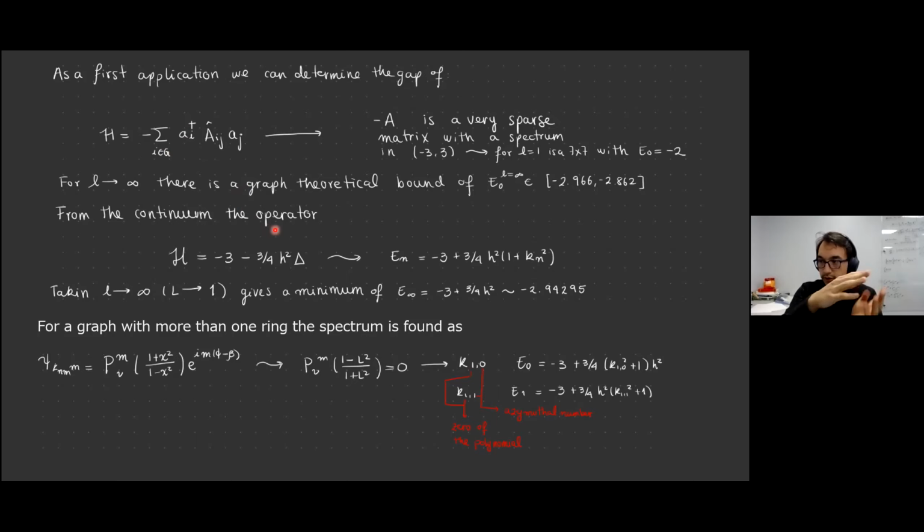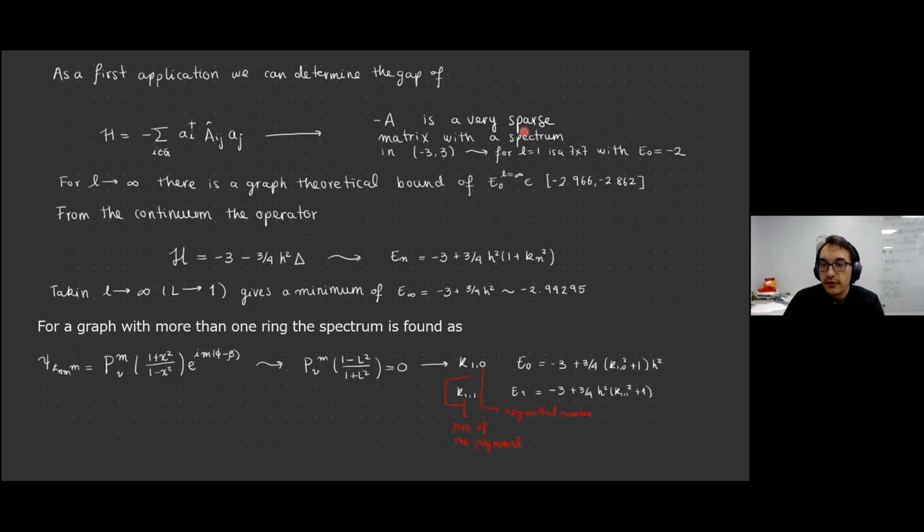Oh yeah, I guess some of your questions can be answered in the next slide. I have the evolution of the gap for different numbers of rings. Yeah, okay, so that's what I was asking. And one of the objectives of this paper is showing that by analyzing the continuum theory, you have a more efficient way of computing those things.